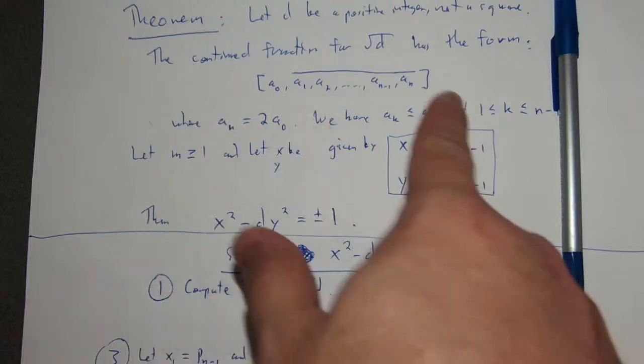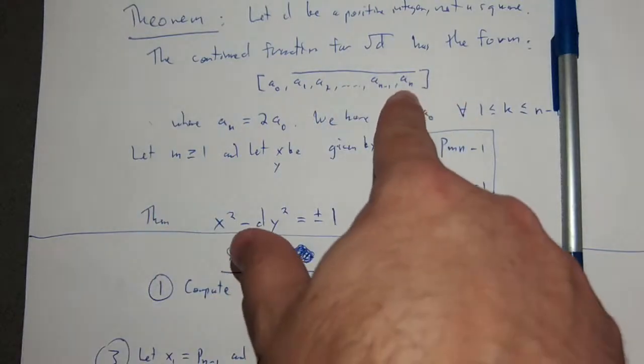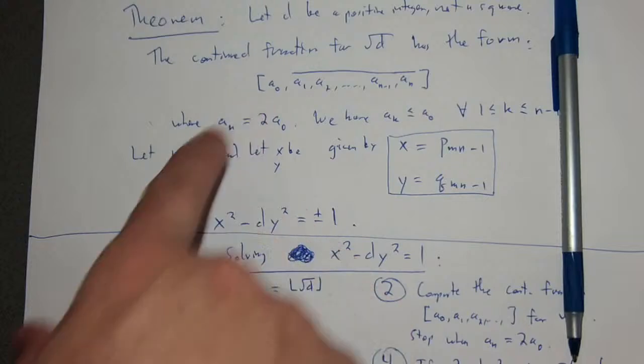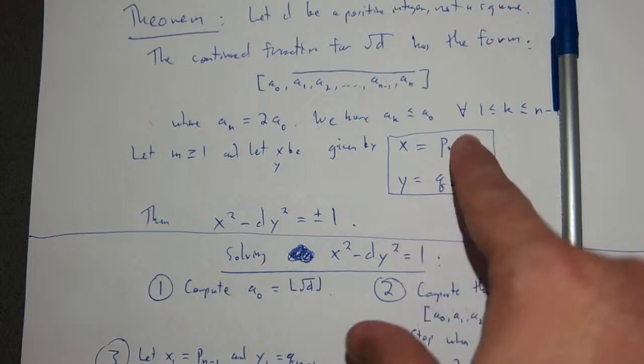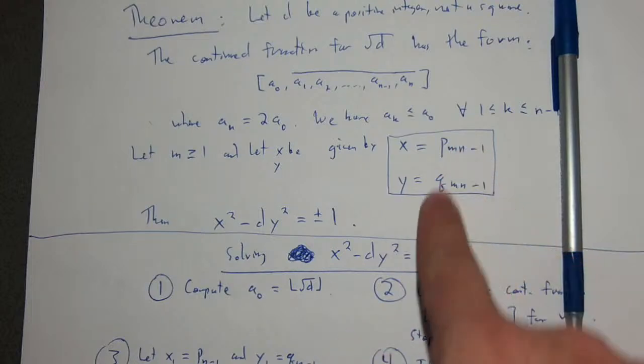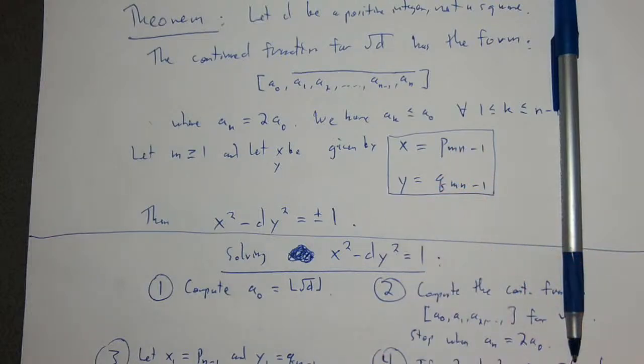It's a naught and then some periodic part, where this last thing in the periodic part is twice the thing you started with. It's twice this a naught. So doing it this way, an easier way to remember than trying to keep track of these indices is if you're actually doing this process,